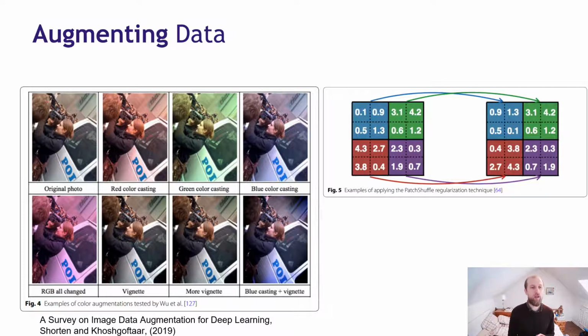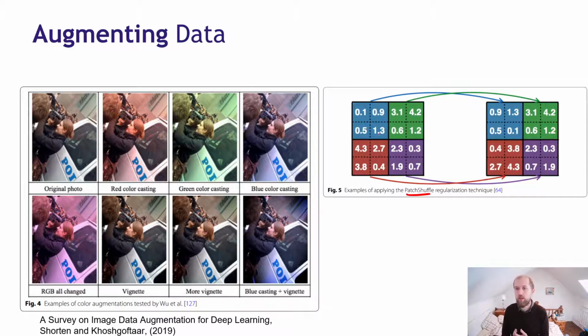So by adding slight tints to the color, you can create a more varied data set to be able to handle those color variations. Or you can do something like this patch shuffle technique, where you split your image into these 2x2 patches,